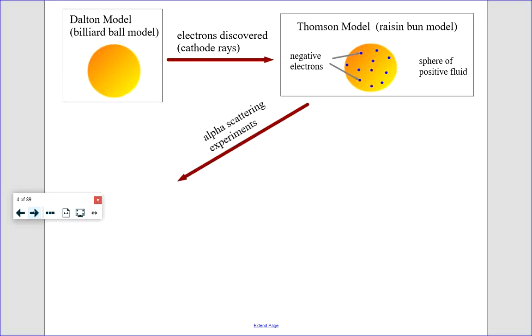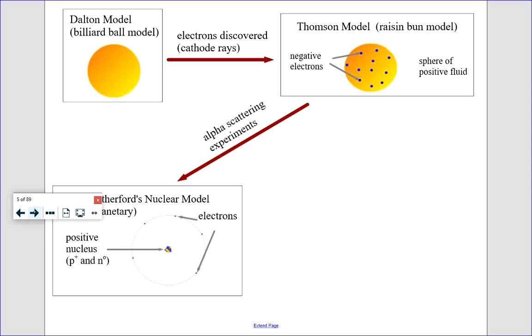Because of alpha scattering experiments, it became abundantly clear that Thomson's model of the atom couldn't explain why very few alpha particles are deflected straight back. That required some very concentrated mass and charge. Why is it very concentrated? Because it doesn't happen very often that an alpha particle is deflected back. It's a hard target to hit. It's a tiny, tiny target. And through some other